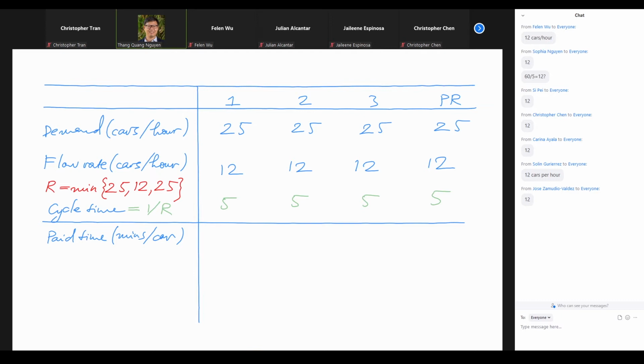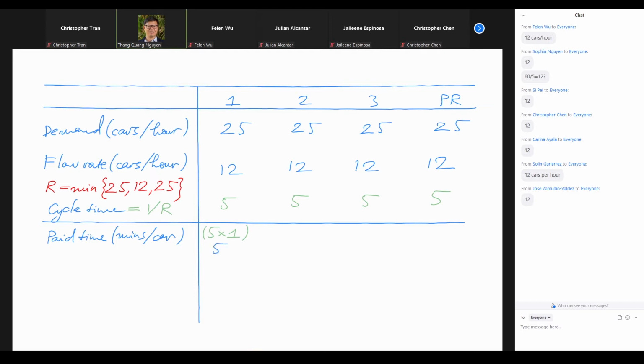So in a sense, we really pay the workers to work for 5 minutes per car because you pay them to work for the whole workday, and then every 5 minutes a car will show up in front of them, right? So the paid time in terms of how many minutes of work per car is going to be 5 minutes for one worker. So the paid time at station 1 is 5 times 1: 5 minutes per worker, and we have only one worker, right? Then the paid time at station number 1 is 5 minutes per car,